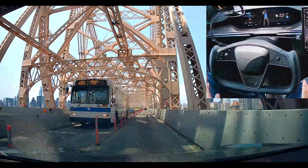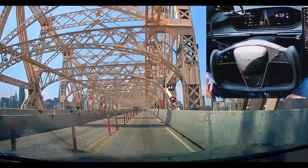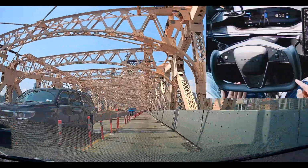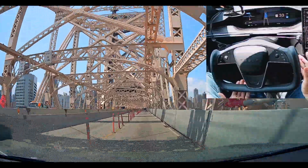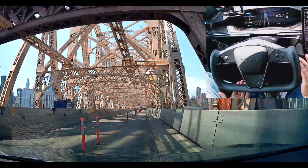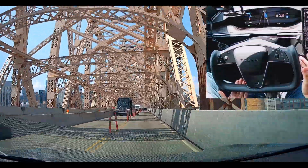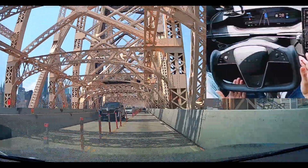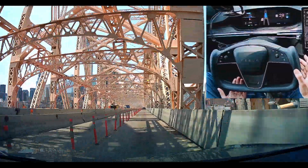car moves very slowly now. But in the previous 12.3 version, it would just go straight with no issue without moving the steering wheel too often. So as you can see, it keeps on doing that. Okay, it got a little better now, but it's slowing down for some reason. Alright, so it's not too bad right now. Okay, as you can see, it keeps on moving the steering wheel,